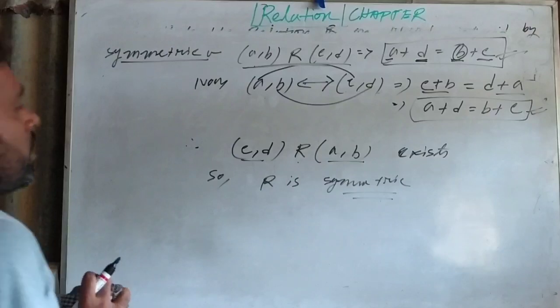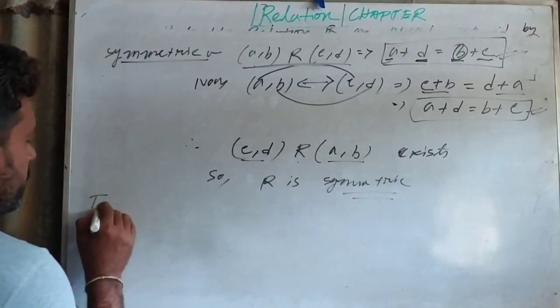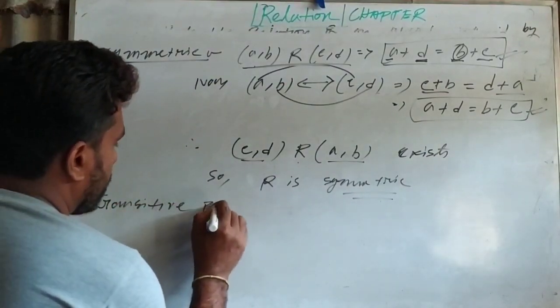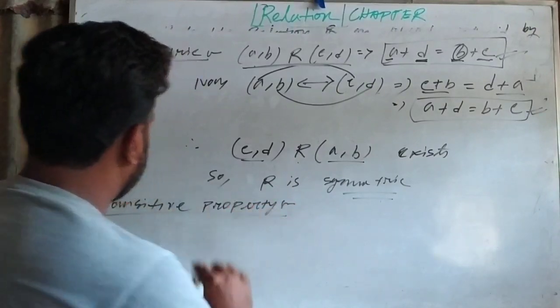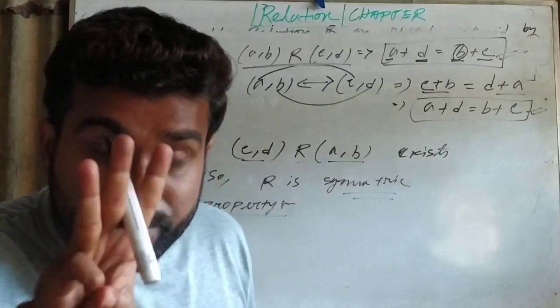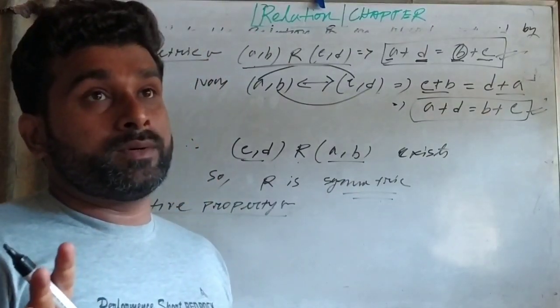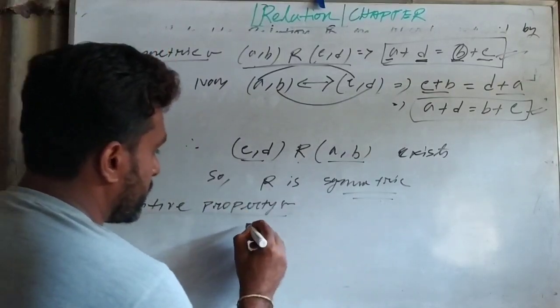Okay? So now, transitive property. Transitive property. Okay. Transitive property. Three elements are required here. So here, three elements means what? Each and every element will be in the form of order pairs. So here, let